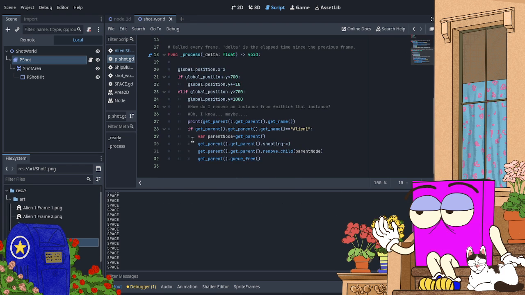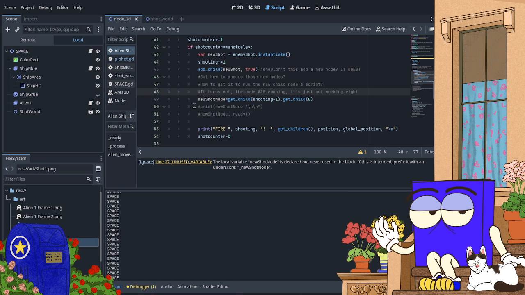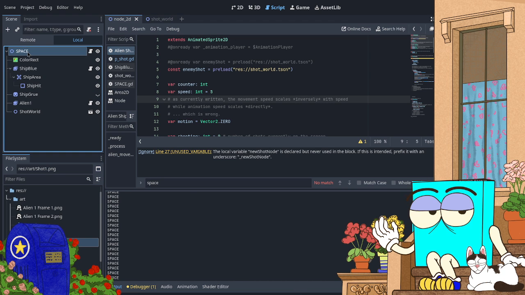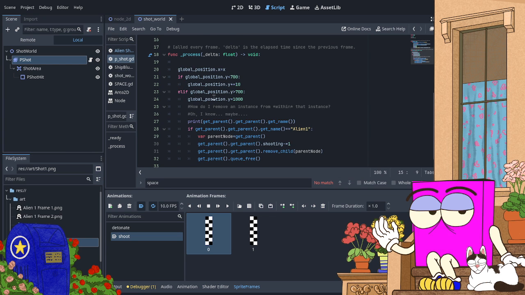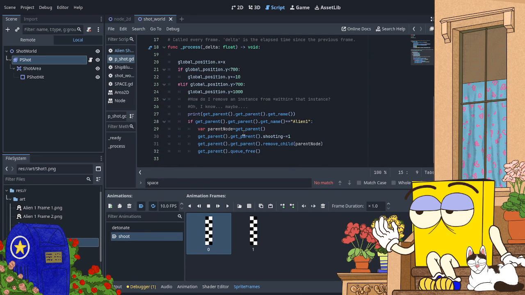No, I don't know why it's printing space. Oh, okay. I know why it's printing space. Space is the name of this thing up here. So this default one, the parent, is space. Do I have a print in here?